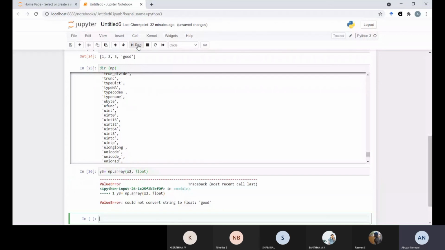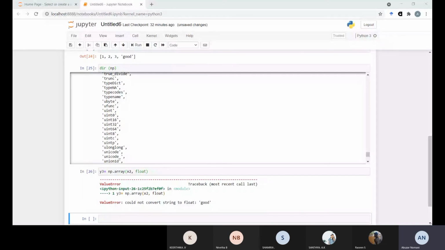An error is showing. So it is clear to you how we can tackle the data. If the data is in decimal format, we can convert into decimal format. If the data is in non-decimal format, we can compute in non-decimal format. One more example I will show you.